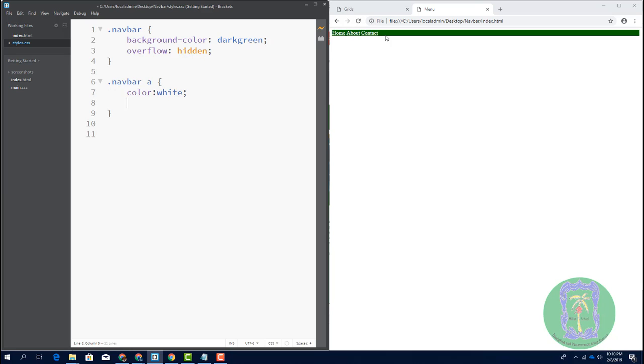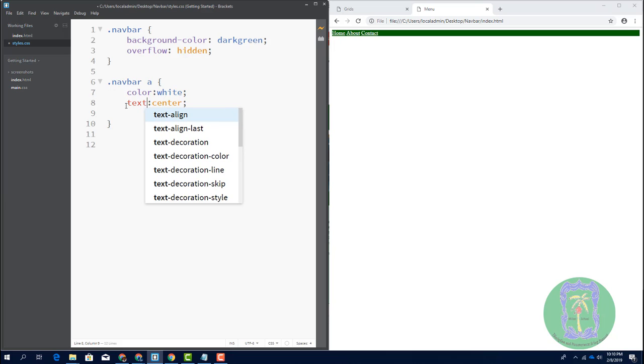Next, we're going to align our text. Let's align our text center, so that it will appear centered in the buttons, the illusion of the buttons that we're creating. So we're going to align center. Oh boy, my spelling. That's a mistake. It's supposed to be text-align